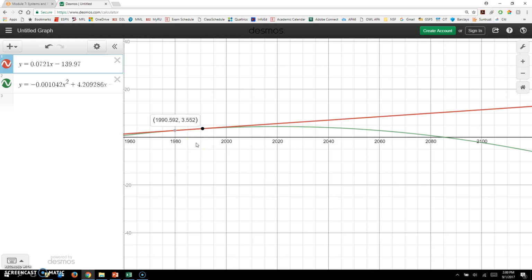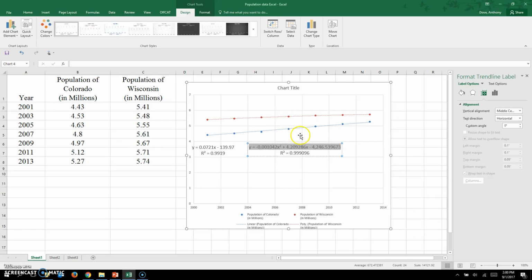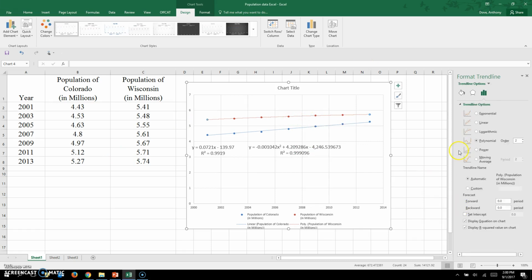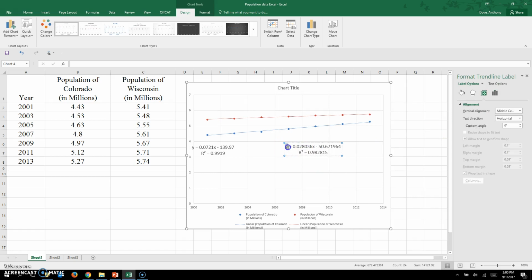So then I'd say to myself, okay, even though it does a great job of graphing, maybe this isn't the best model for Wisconsin. Maybe it's not doing a good job of predicting what's happening because it's saying that I should have already surpassed them. So what I'd want to do then is say, okay, this is not a good model. I'm going to reformat this into something and see if I get a better model that fits the data better. So I'm going to go into my linear. And again, linear is really high. So I'm going to copy this equation,